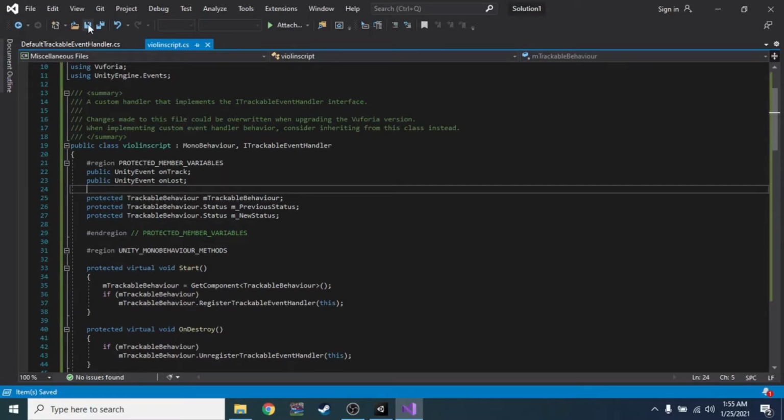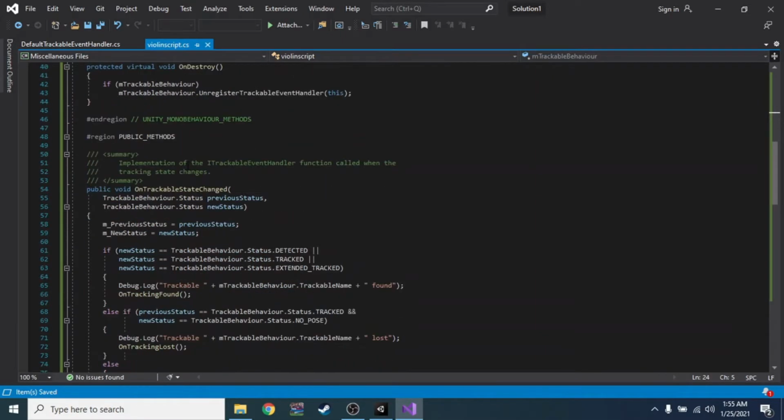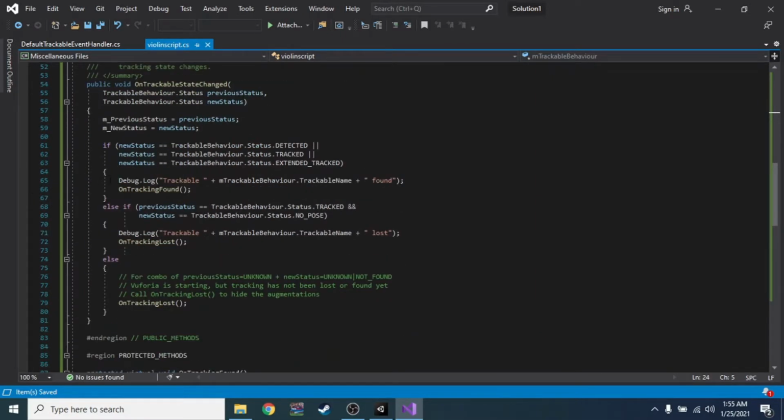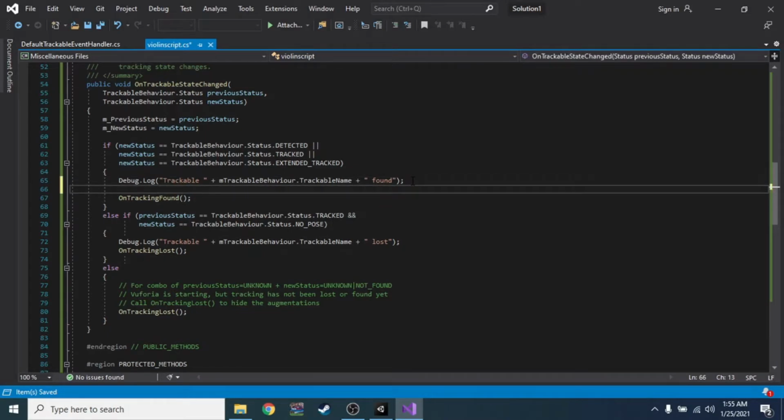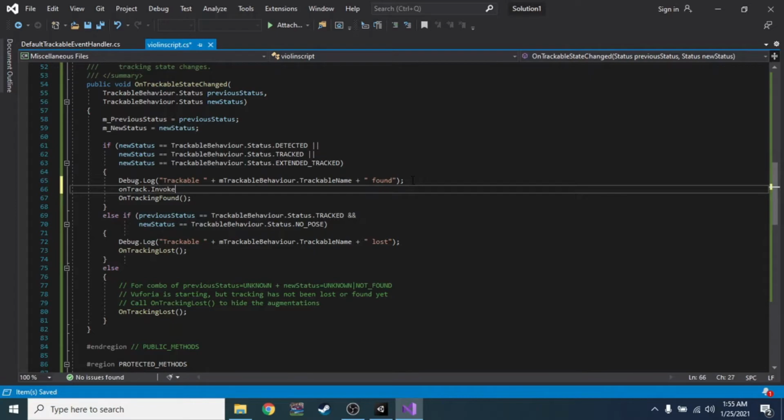Okay, we save. And for the public function, we need to change also at line 65. Here we must call it: we type onTrack.Invoke and a semicolon. Okay, this is for the play function.